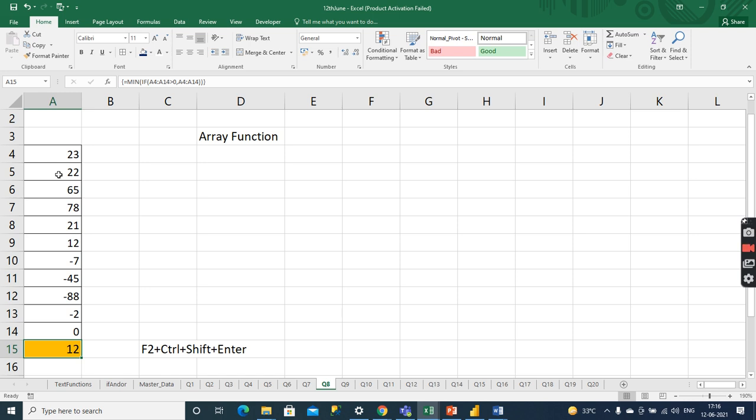Is it all the buttons together or one by one? Firstly press F2, after that the Control, Shift, Enter keys in one go. On some laptops you may need to press the Fn key along with F2, so you should know that according to your laptop.